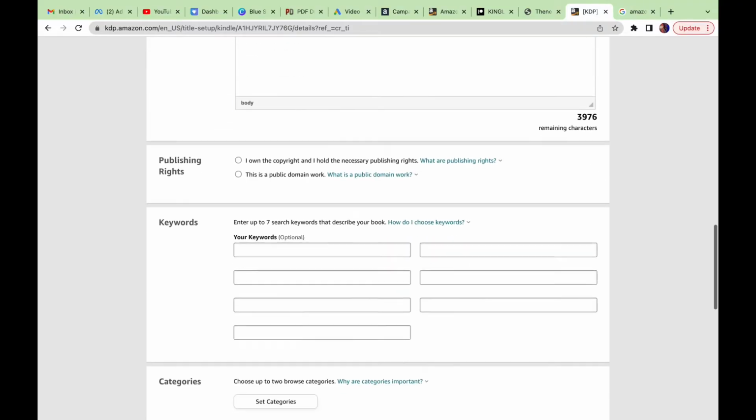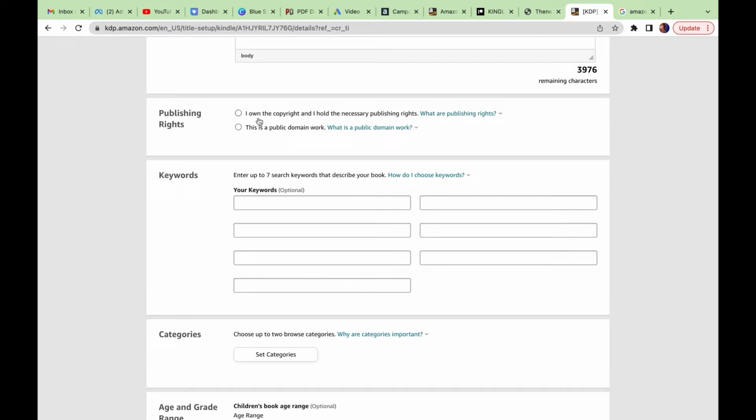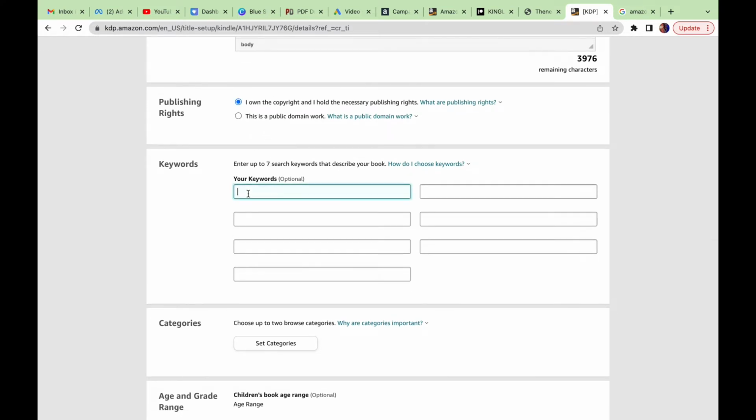And then right here, we got the keywords, man. This is the most important, because this is how you can get your book seen, get your book at the top of the list on search without even paying for ads, guys, okay? This is how you can get more views on your book, more people coming across your book while spending less money, okay? Because if you pick the right keywords for your book, say that you are picking the trucking industry,